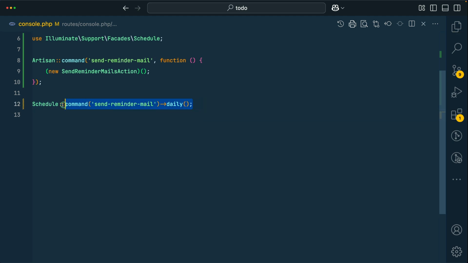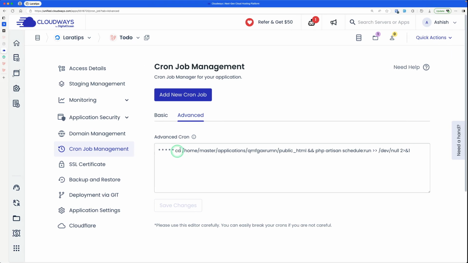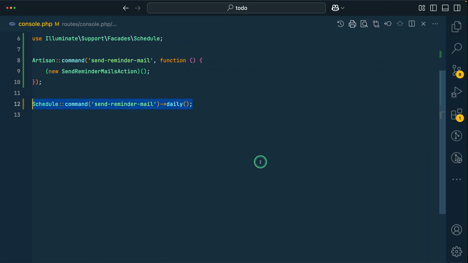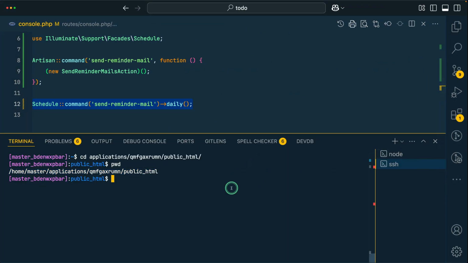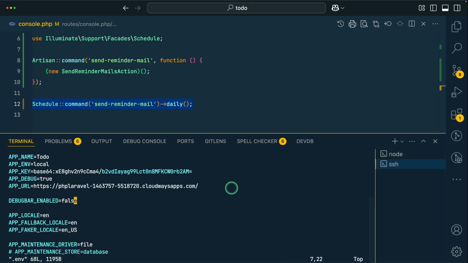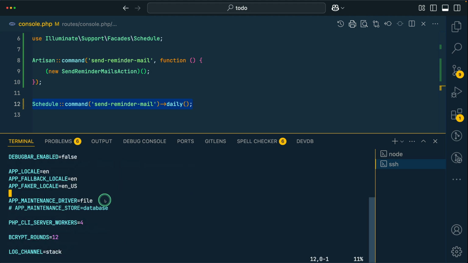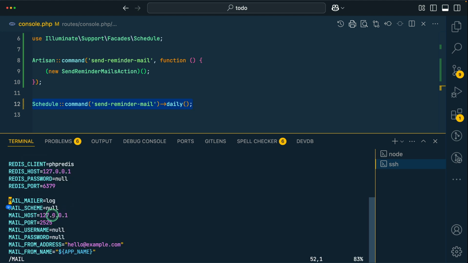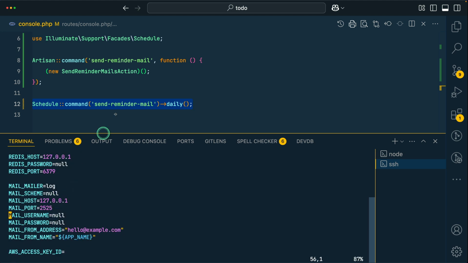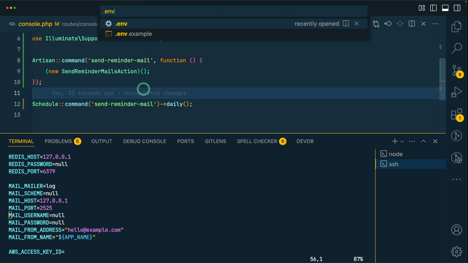So this one I cannot show you currently, but I can show you how we can set it up in Cloudways. So we have already done this. Now let me go here, and here also let's say vi .env, and here we'll be setting up mail. In order to search, we'll say slash and mail like this, and we can just enter the data over here. So we'll go to the .env file,